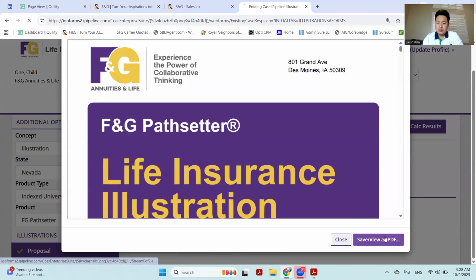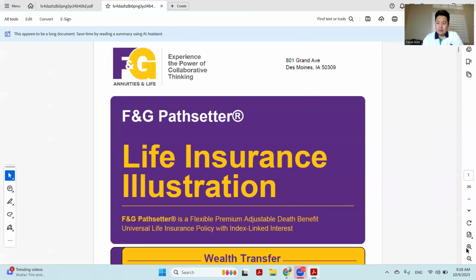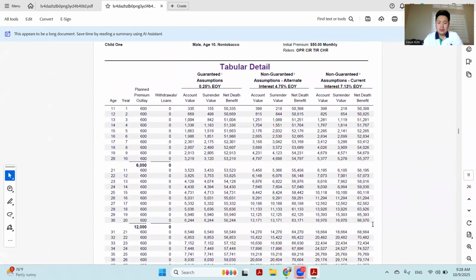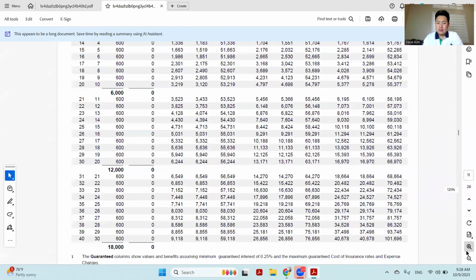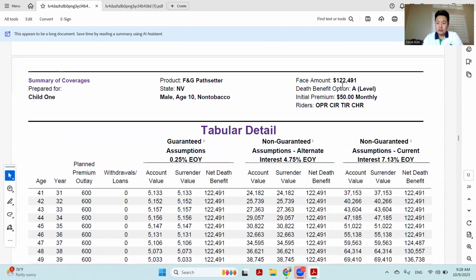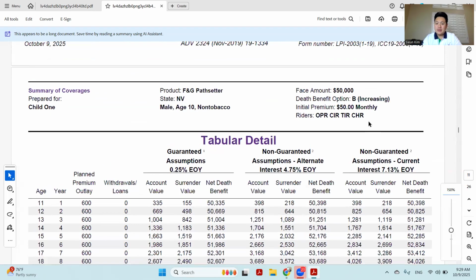Okay, let's save this one too. Let's go down to, yeah, tabular detail. Look at the death benefit now. What does it say? It's $50,000 in face amount. The other one was how much? 122,000, right? So it's forcing, because you chose option B as the max funding, it forces the death benefit to be the minimum possible. So it's $50,000 face amount,